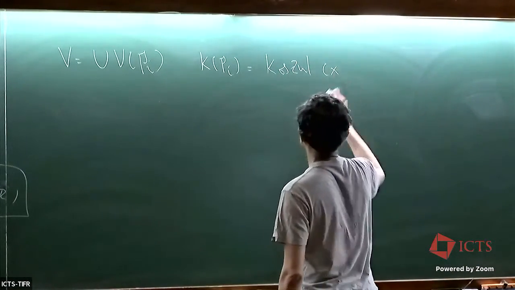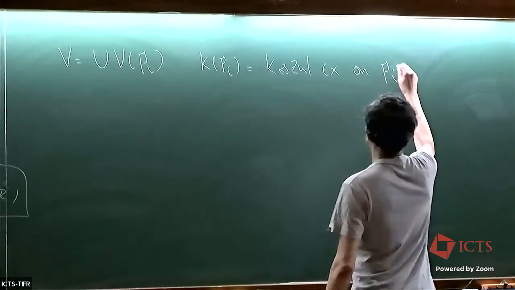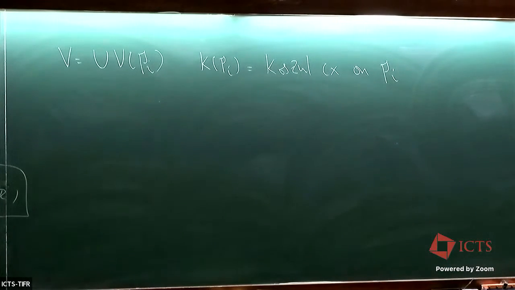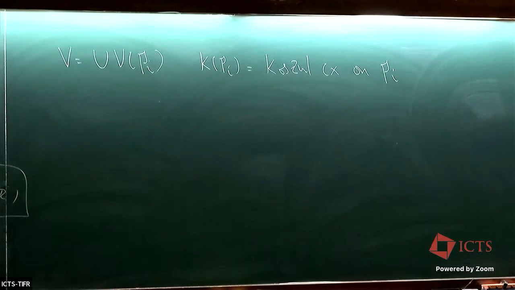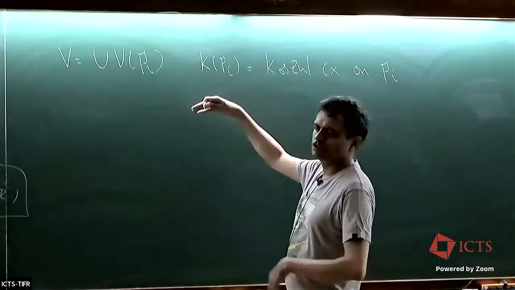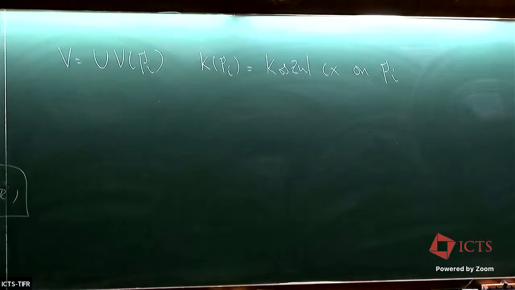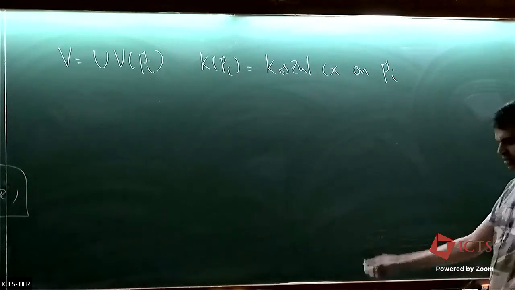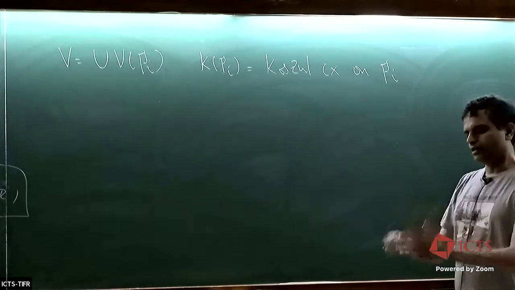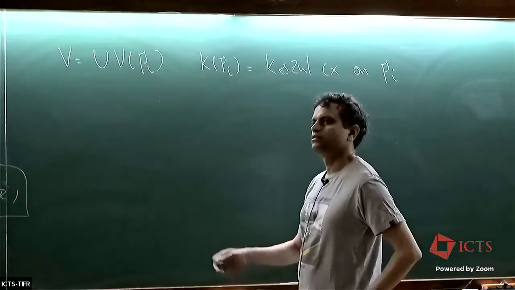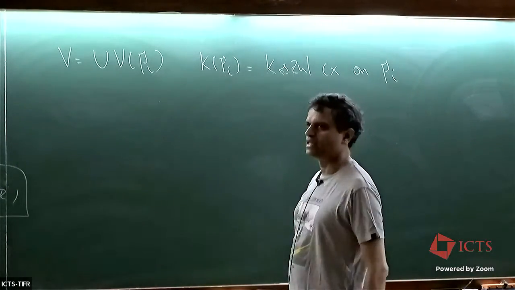Causal complex on PI, by which I mean pick any generating set for PI and construct the causal complex. Of course, it's not well defined as a complex, since it depends on your choice, but it's an exercise to see that different choices build the same objects. So they're all defining the same thick subcategory.